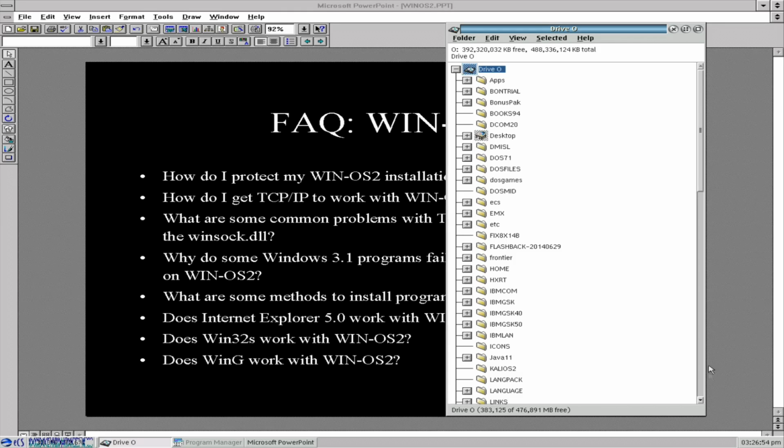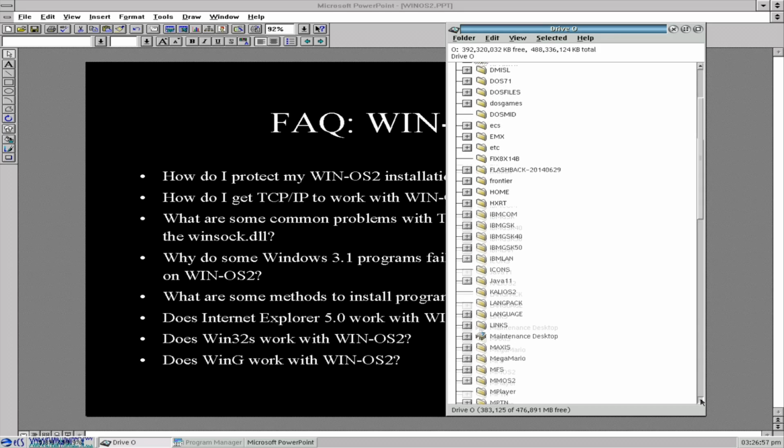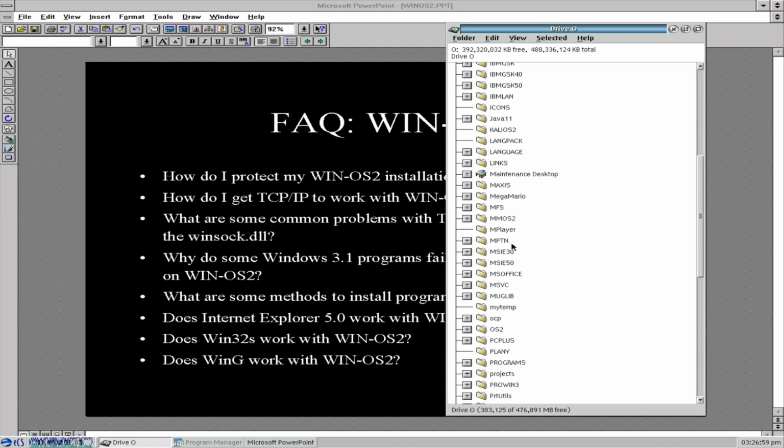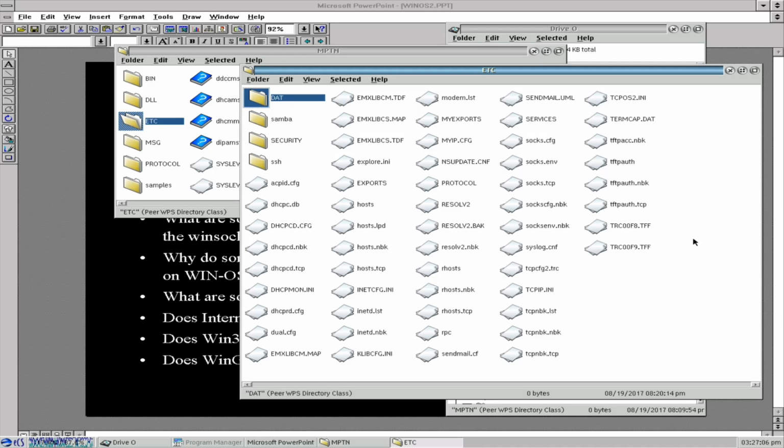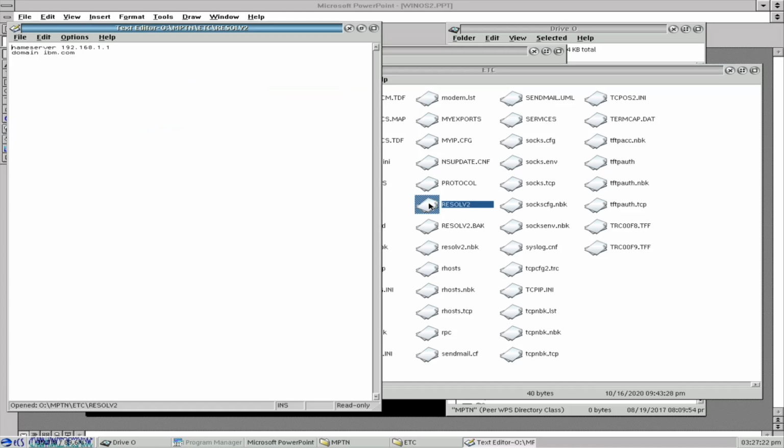So the first spot to check is the network folder that has the resolve in it. First resolve, like the OS2 level resolve. For me, I actually have to use resolve 2. There was a resolve 1, but it's for a different network adapter, I think. But one of the key things inside of this, if you're using DHCP, you have to have a domain name